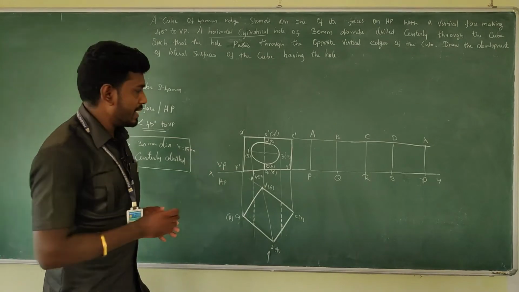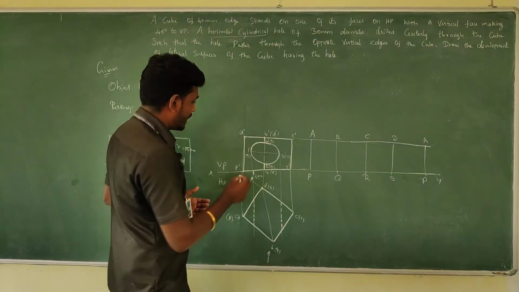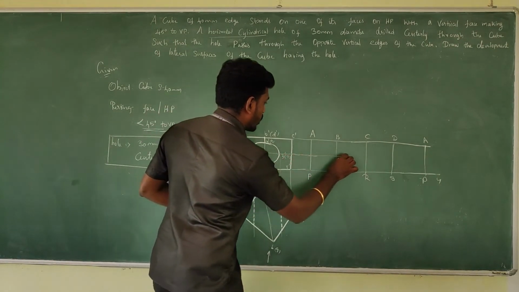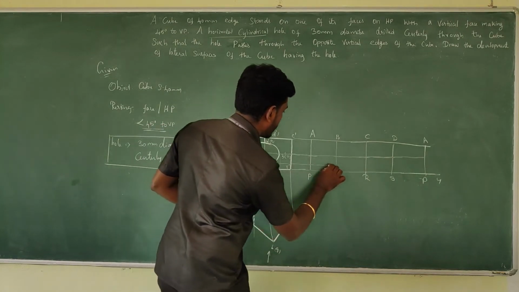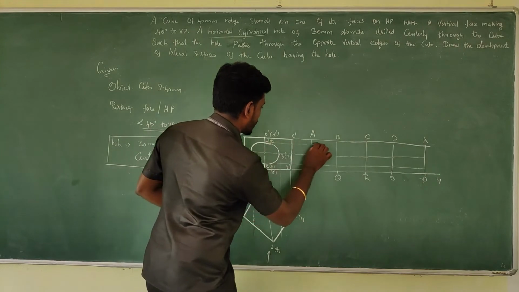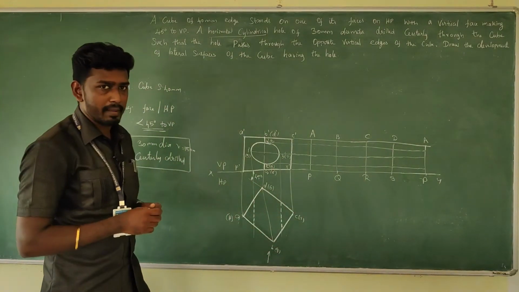Okay, it is so easy. By taking the projector from each and every cut point, you can make it possible. From the 1, take a cut point, 1 and 3 will go like this. From the 2, take the projector, it goes like this. From the 4, take the projector, it goes like this.